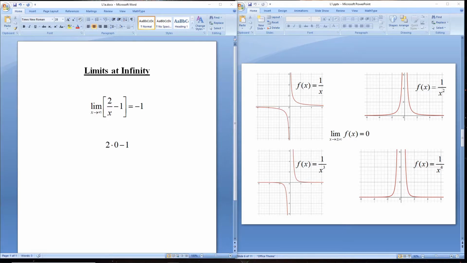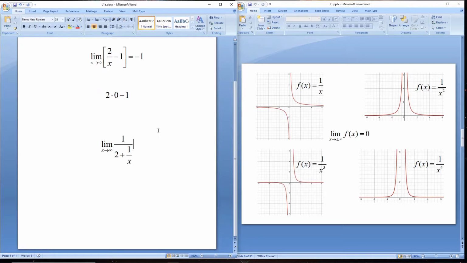Let's check out another one. And again, just using these functions on the right here. And again, this does extend for all positive integers. So 5, 6, 7, 8, and so forth. Let's check out another one. Now with this limit,